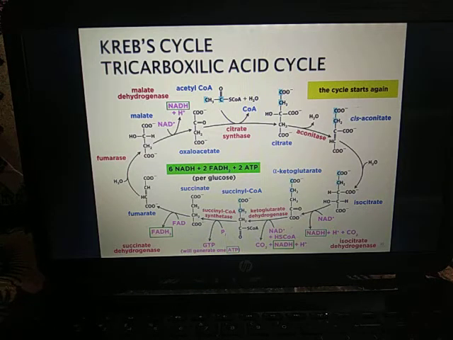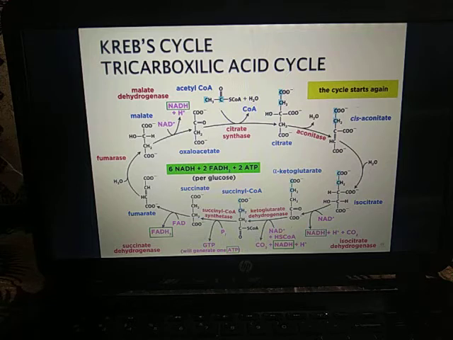It occurs inside the matrix of the mitochondria. The cycle is also named as citric acid cycle, CAC, or it is also known as tricarboxylic acid or TCA cycle. After the initial product, Krebs cycle is stepwise oxidative and cyclic degradation of the activated acetate derived from